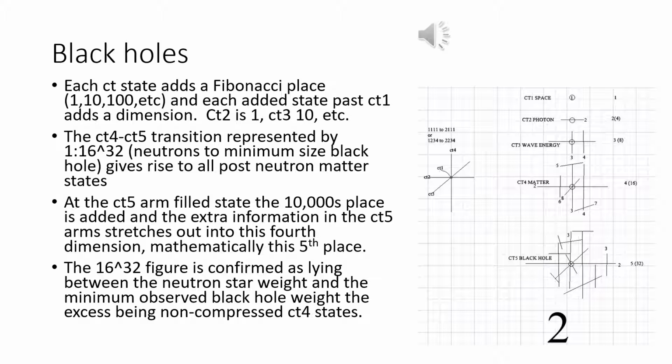The information of history appears to come from the waves kept along the CT3, 4 interface and perfectly aligned along CT4 information arms, probably between CT4-7 and CT4-9. CT4-7 is 7 information arms filled, and CT4-9 is 9 arms filled, which combine